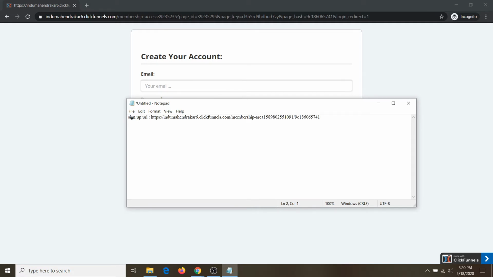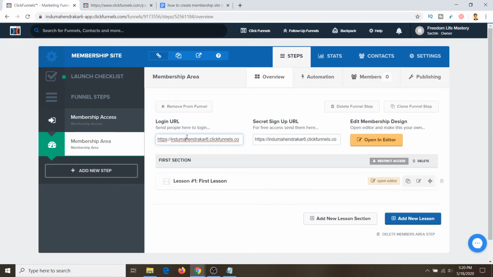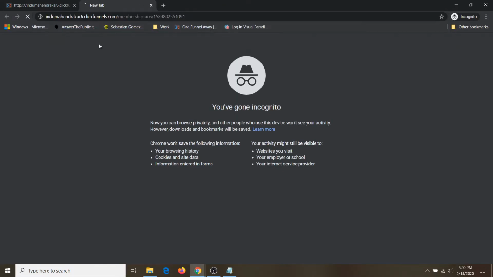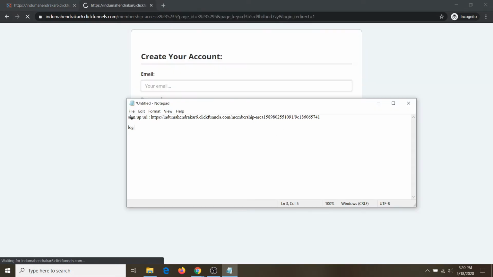The other one is the login URL. When somebody has created an account, next time they want to log in, they can use this URL to log in directly.